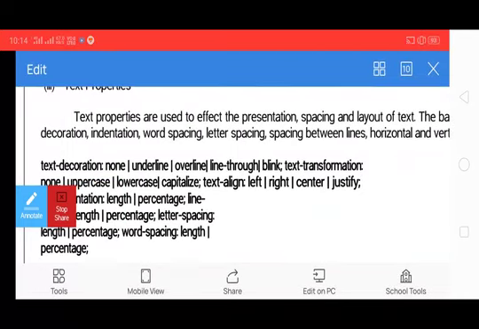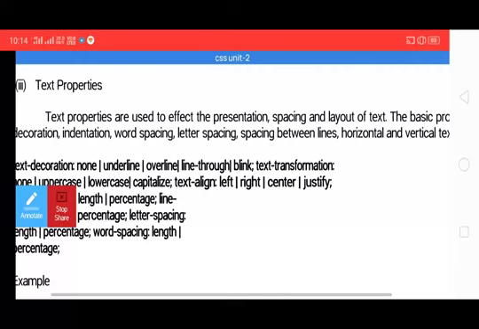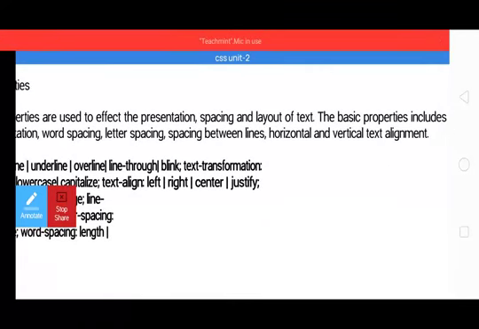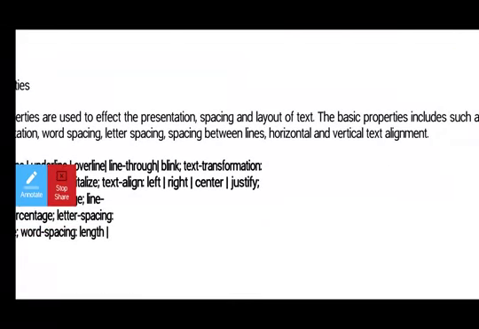We use these in CSS with colors and different elements.